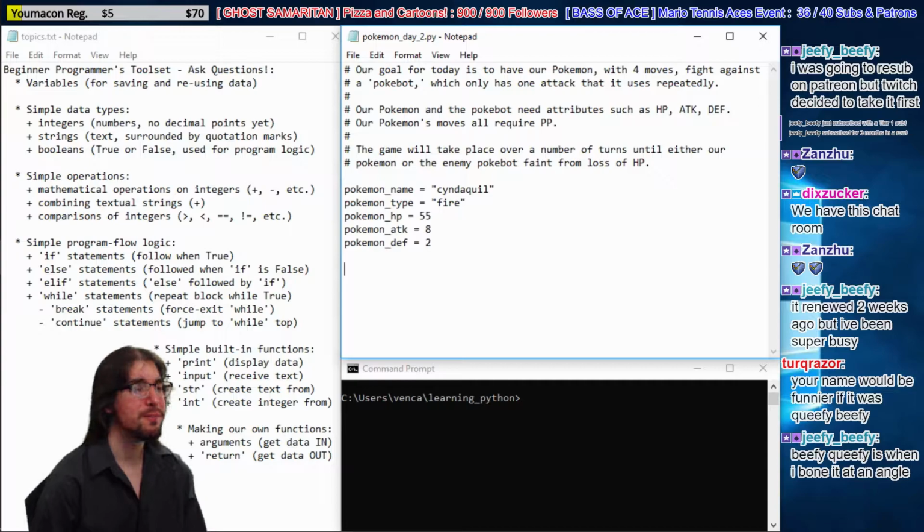Wow. Gross. Okay, so let's give him some attacks, right? Let's give him some attacks. First, let's give him Scratch. Let's not mess with that yet. He's got stats. Let's give the Pokebot some stuff. So Pokebot,